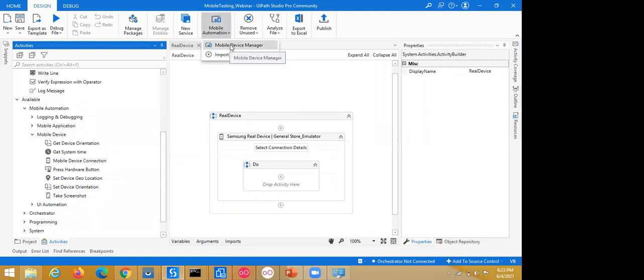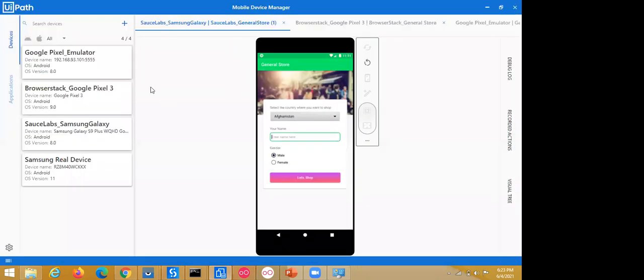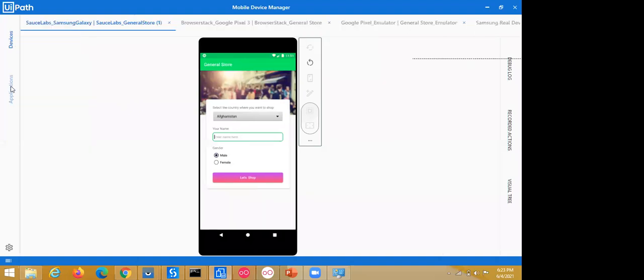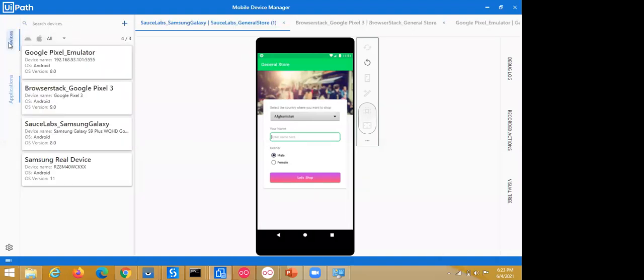This is the core section for the configuration of the mobile device. Just click on this, and here there are two sections, applications and devices. First of all, we need to configure the device. You need to click on this plus button to add a device.